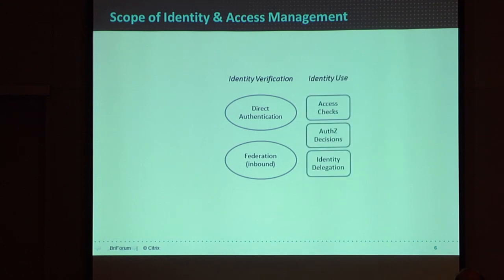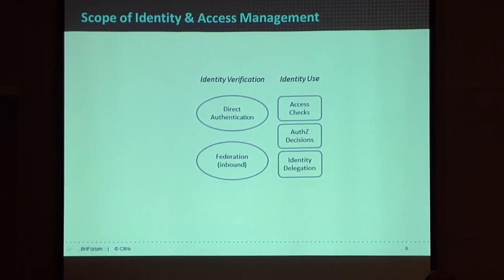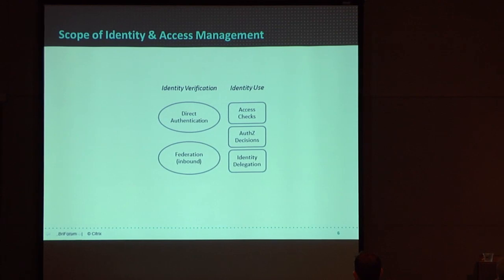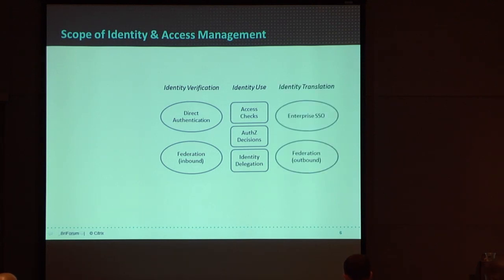Then there's obviously a significant use of identity, once you've got into a system, for access checks and authorization decisions more generally. In some cases, when the system is composed of multiple parts, your identity has to flow through those parts by some sort of delegation mechanism. And then you may have to translate the identity at some system boundary. For instance, you may have logged into a Windows desktop, but then an application is using a different identity. You want single sign-on, so you have to do a translation.